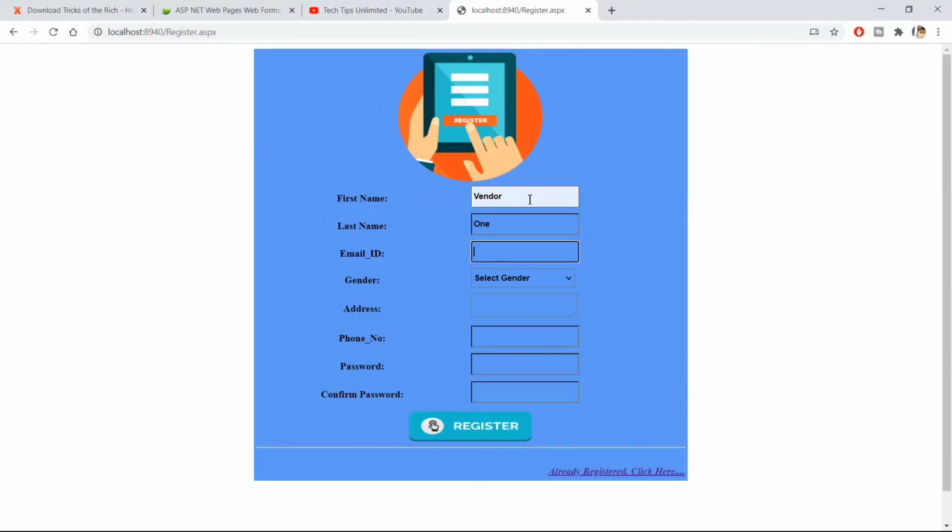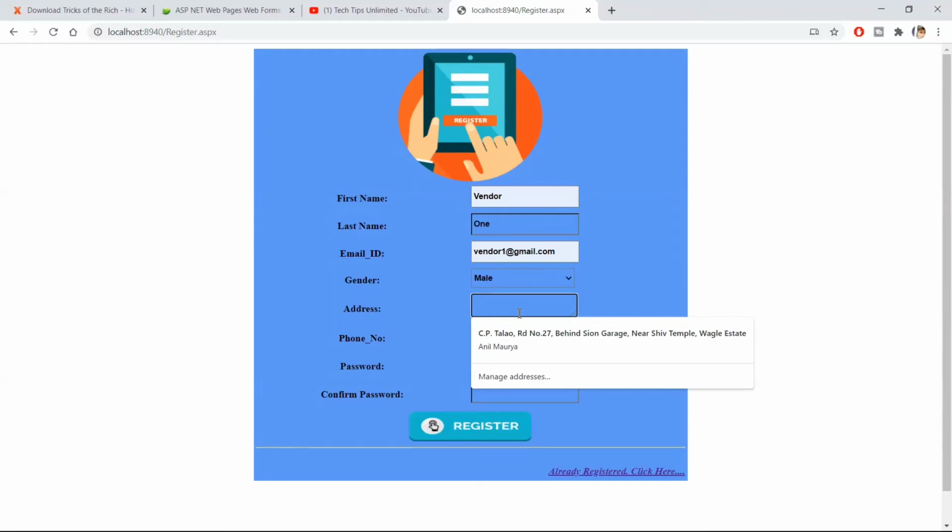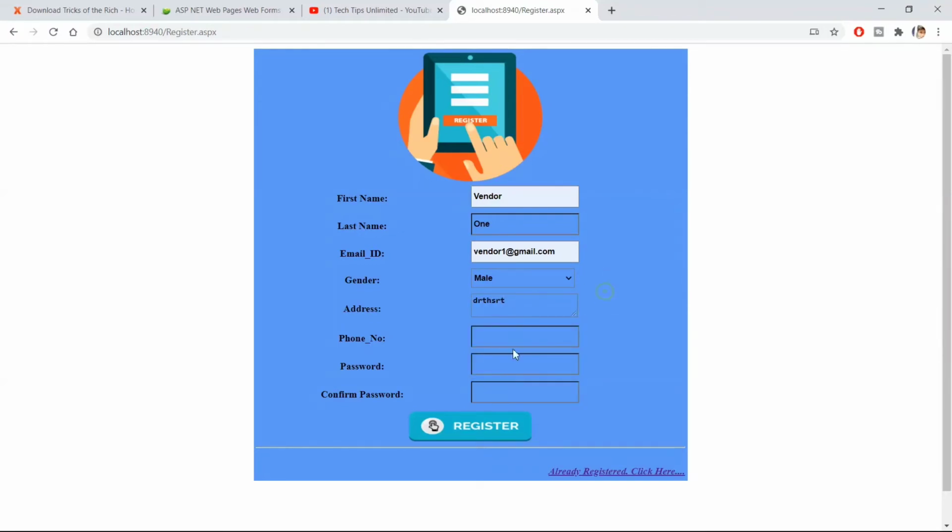Then I will provide the email as vendor1@gmail.com, and I will make the gender male. I will give anything as the address, and a demo phone number, and the password, then confirm password. Now register it.